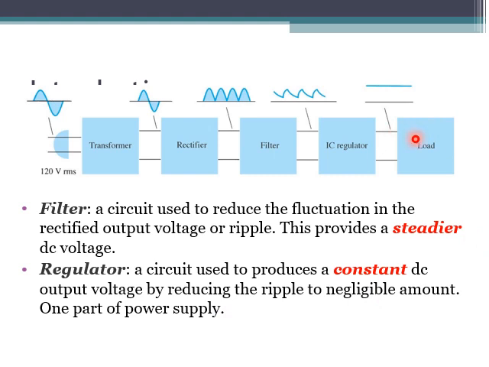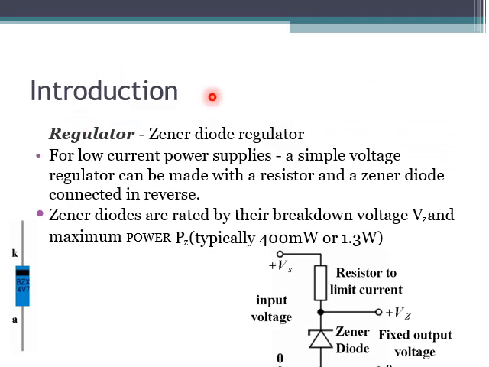Clear? Right. Now we'll see, our aim is what? Our aim is to convert AC to DC, right? Completely DC. So the output from the regulator is a pure DC, right? Now we'll see what the regulator is. What are all the components or devices used for regulation purposes? A Zener diode is a regulator, the device used as a regulator is a Zener diode.